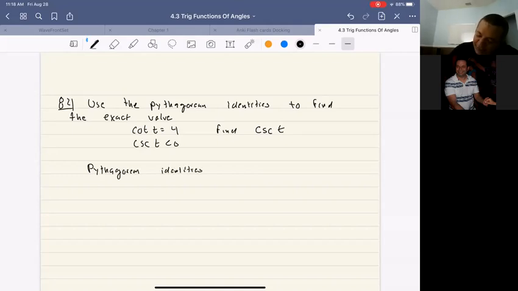Which the Pythagorean identities honestly are important. Okay, but you thought I was going to say they're not important. No, they're very important. Okay, so we're going to start with sine squared of theta plus cosine squared of theta equals 1. This is the most important identity in trigonometry. This is basically the Pythagorean theorem. Okay, if you think about it from terms of a triangle,